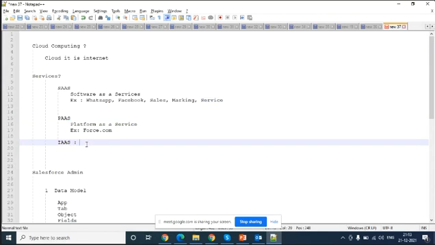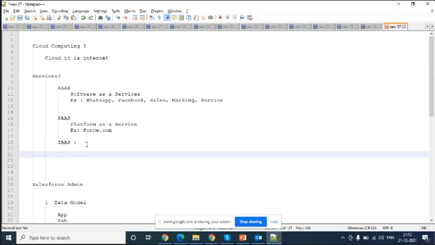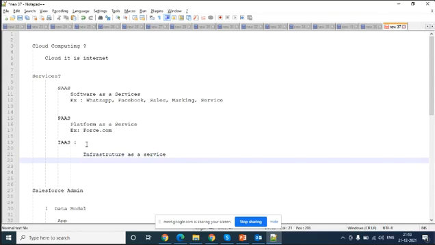Now, what is IaaS? IaaS is infrastructure. In the days before cloud technologies, any software you needed to install on your personal laptop or PC, and the platform too. There were different environment softwares and operating systems to install.